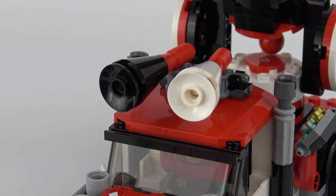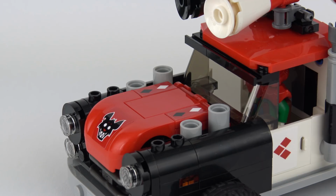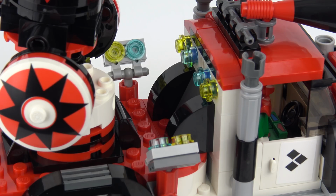On top of the driver's cab, we've got a pair of loudspeakers, presumably for playing music or announcing that the circus is coming to town. We've also got an exhaust stack on either side of the cab, which doesn't make a lot of sense given those exhaust pipes coming up from the engine. Behind the cab, we've got some lights to illuminate the cannon, and that's exactly what we're going to have a